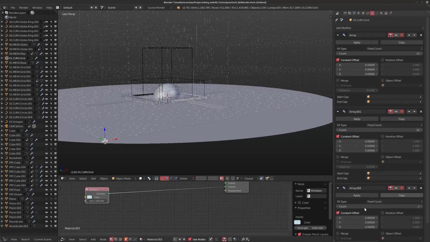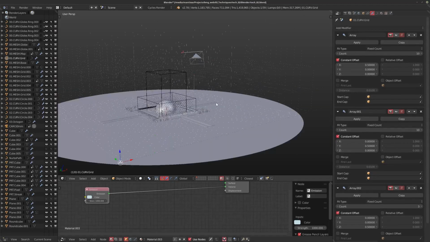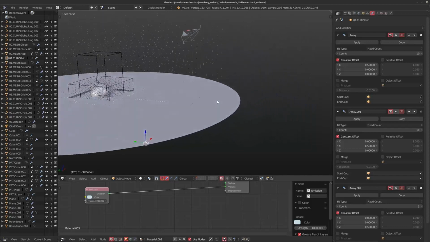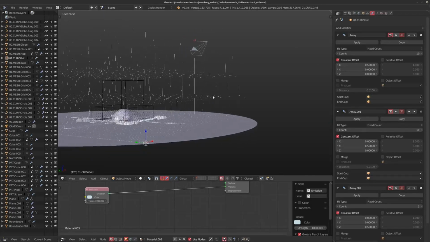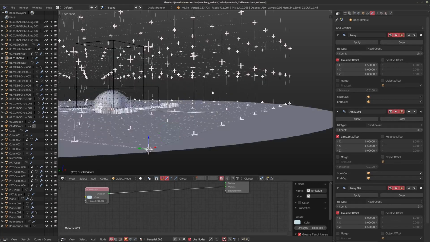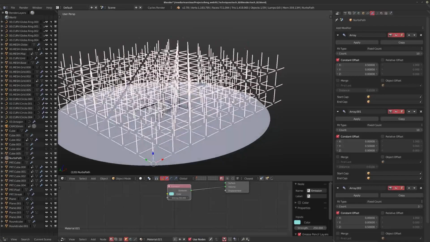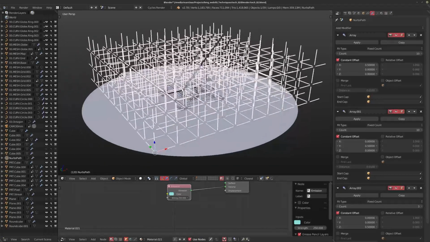And as long as you keep a lot of these offsets the same, I like to keep the numbers that are easy to remember for me. So this one is like 0.5. It's really, really quick and easy to create a second set of objects with the same offsets that create this entire grid and make it look really, really interesting.